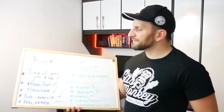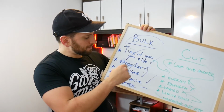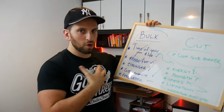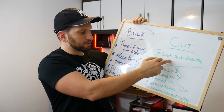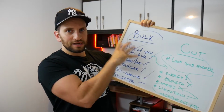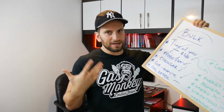I've evaluated this over years, thinking, do I want to bulk, do I want to cut? And it tends to be cyclical, so half the year I'll bulk, half the year I'll cut. Overall, I prefer to bulk, but for me, this is an issue. I don't really like to carry more fat. I like the look of the cut body, but I hate all the things that go with it. I like the strength and everything else that goes with the bulk, but I hate the appearance,